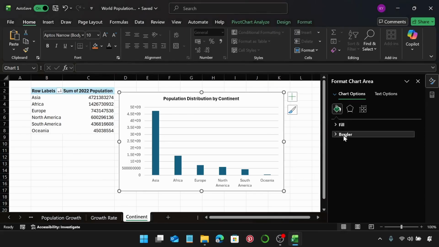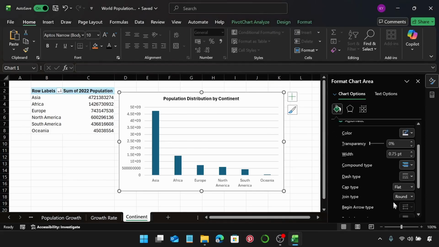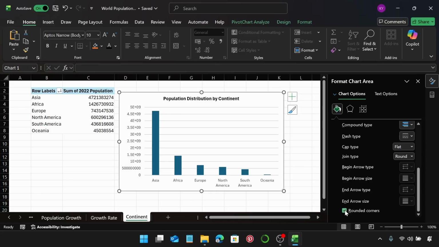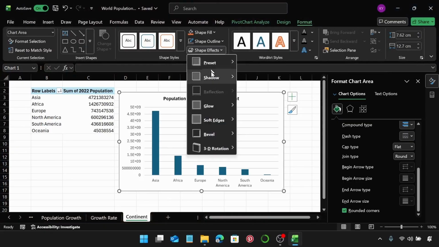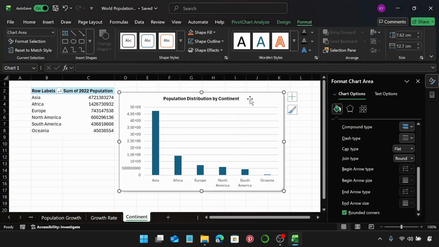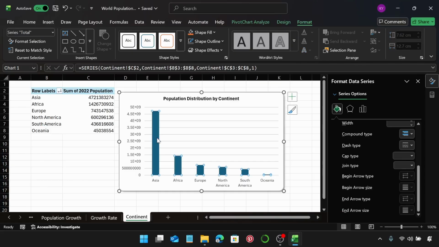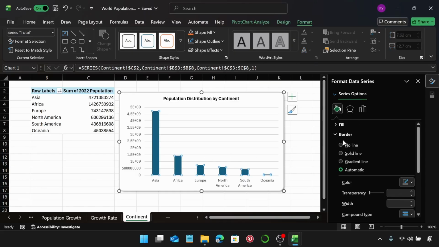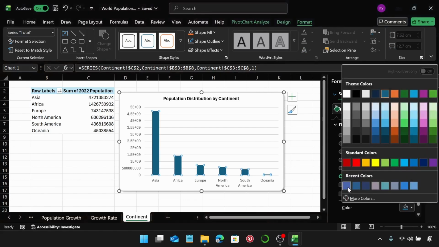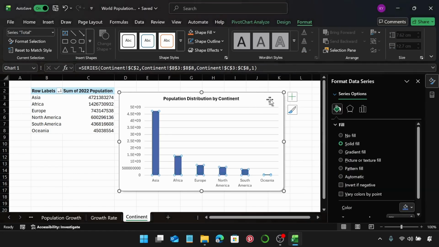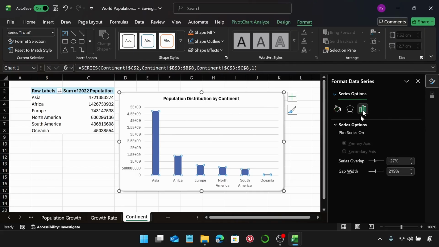So go to border, and we're going to make this rounded corners. Let's go to format, shape effects, shadow, and we're going to use this first option. Select this bar. In fill, once again we're going to change the color to that default color, which is that blue-gray color. And then let's come over here to series options. Let's change the gap width. We're just going to make this